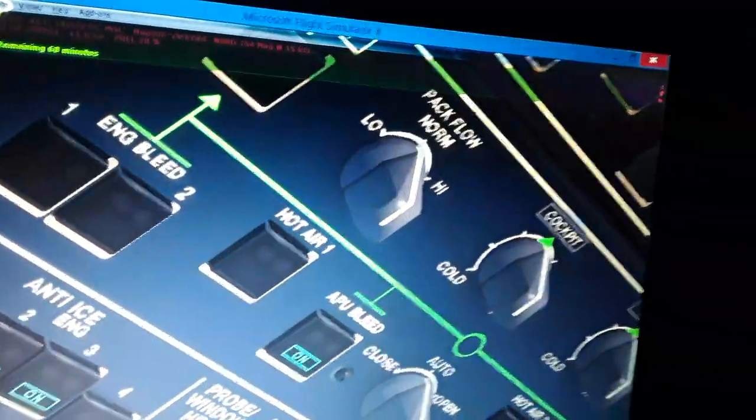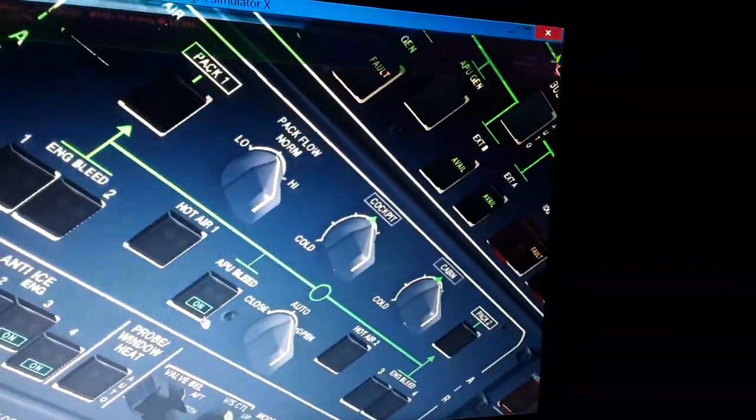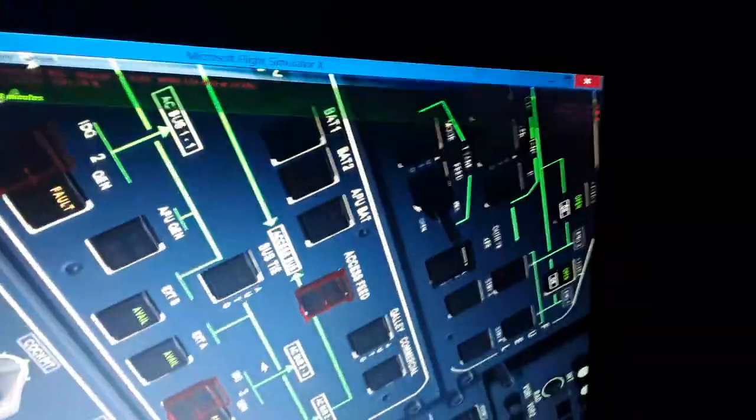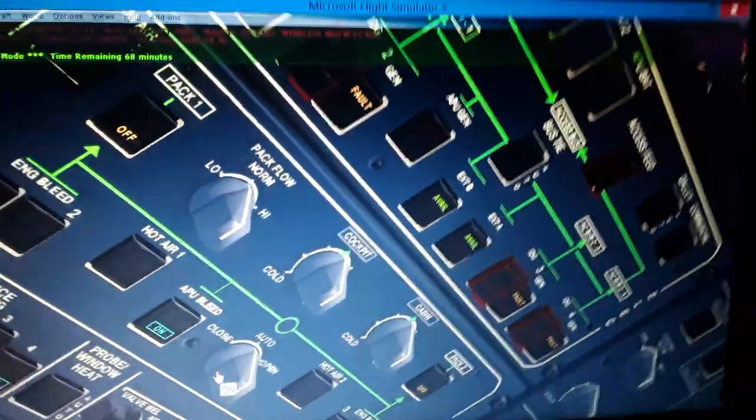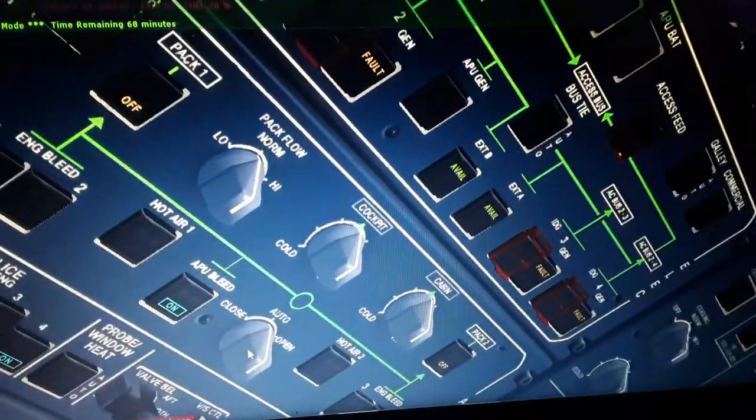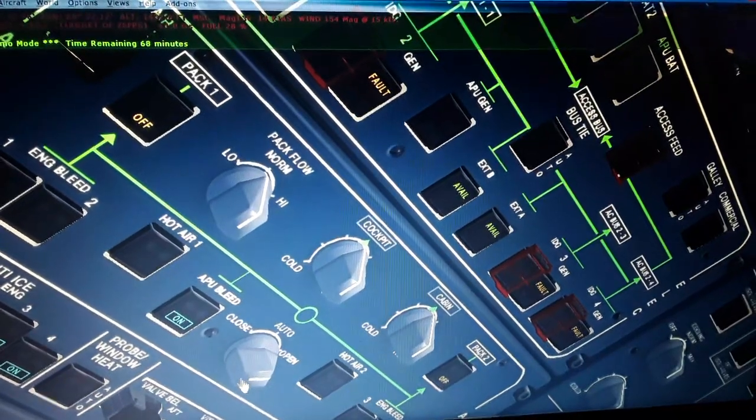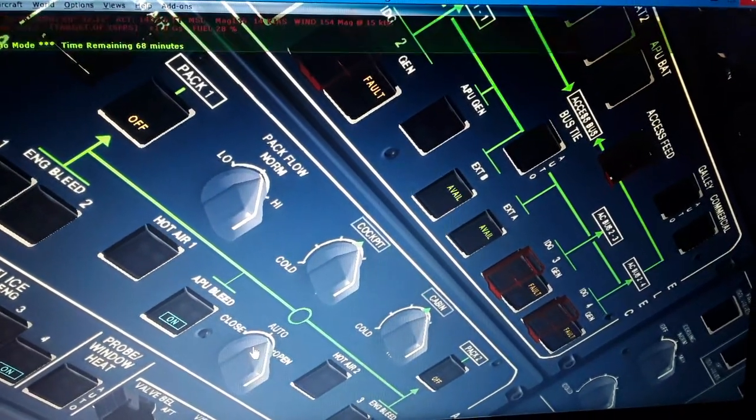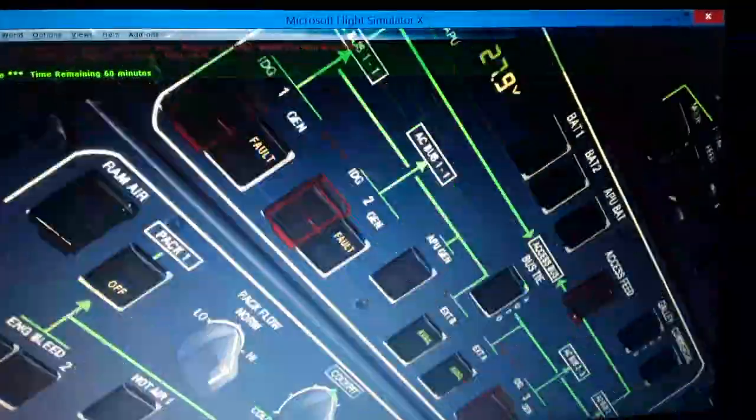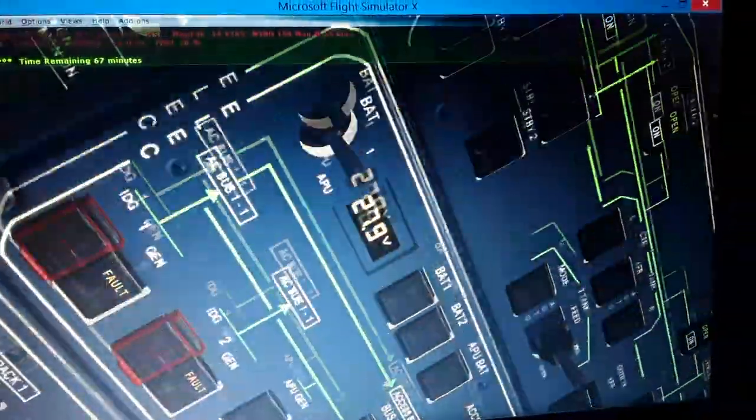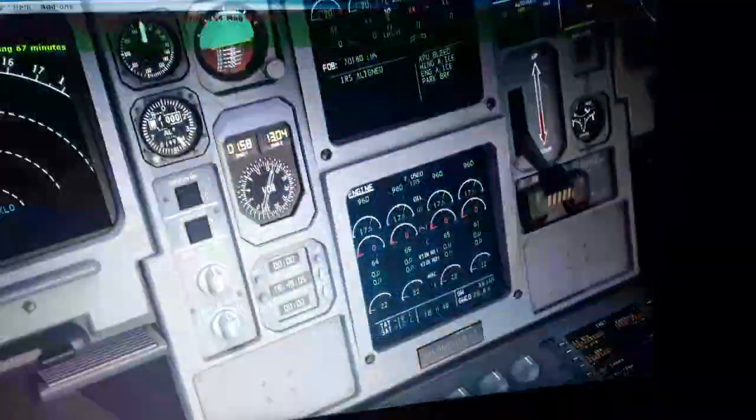So I'm gonna add the block fuel now. We need the APU bleed on, so it's supplying the system. We need to turn the packs off, pack 1 off and pack 2 off, and turn this to close to start the other side engine actually. We're gonna start the left side engines first. So the electrical is okay, the hydraulics and the fuel are okay. So I'm gonna come here and